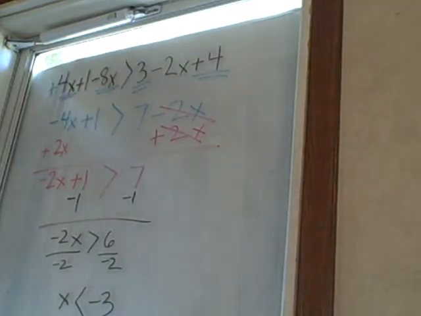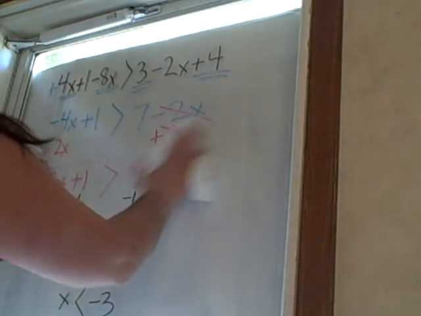Remember, when you multiply or divide by a negative number, the symbol flips. There's my negative 3. I get an open circle this time. X is smaller, which means it's smaller than negative 3. It goes in that direction. Let's look at our next example. It requires us to